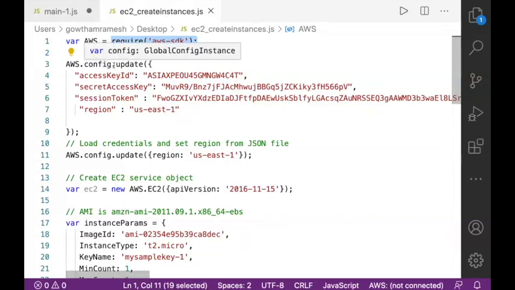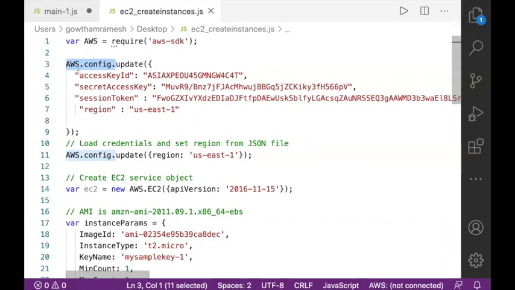In the second step, I have configured AWS from my command prompt by using the command aws configure. This is the way you can configure AWS by using JavaScript.